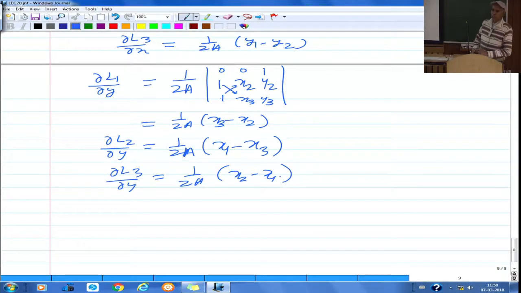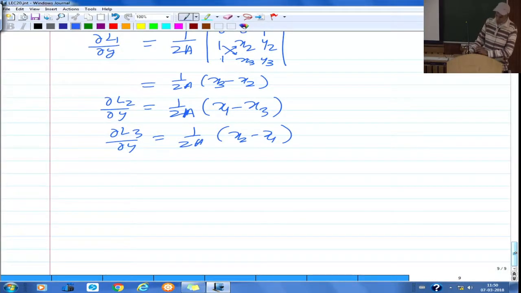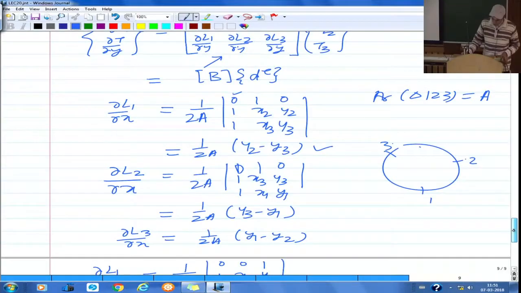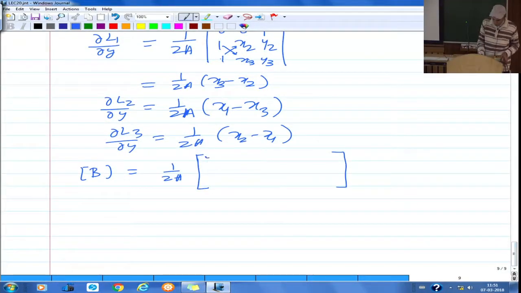So, these are all the derivatives. If you substitute all of these into your B matrix, finally the B matrix can be written as 1 upon 2a outside, and then the matrix inside would be a 3 by 3 matrix. Of course, the first row is all derivatives with respect to x, which is